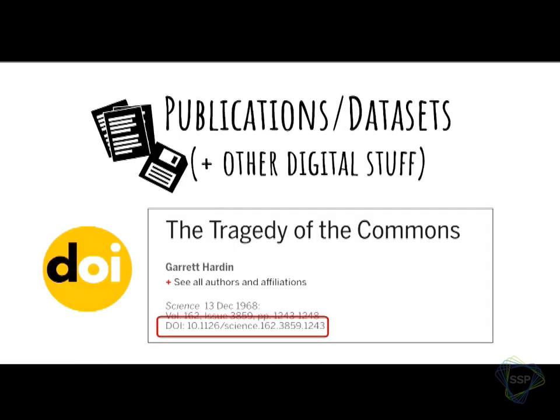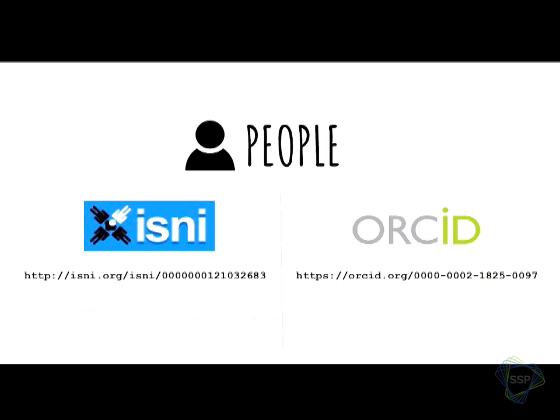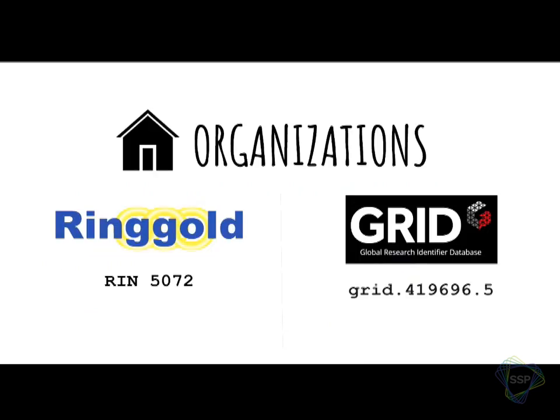So we'll start out with DOIs, which probably a lot of you are familiar with, digital object identifiers. This is kind of the granddaddy of persistent IDs. We use them for publications, data sets, and all sorts of other digital stuff. These are the IDs that start with a 10 and are followed by a bunch of other letters and numbers. For people, we have systems like ISNI and ORCID, which are both 16-digit identifiers. One difference between the two of them is ISNI is sort of top-down, where they assign numbers to people. ORCID is a little more bottom-up, where researchers register for IDs.